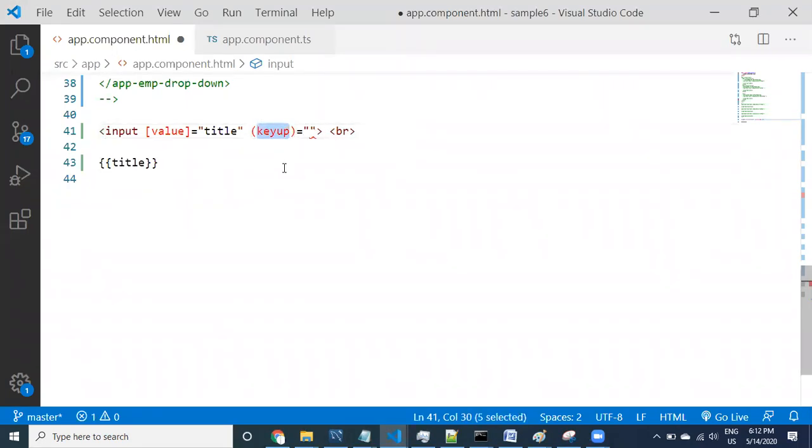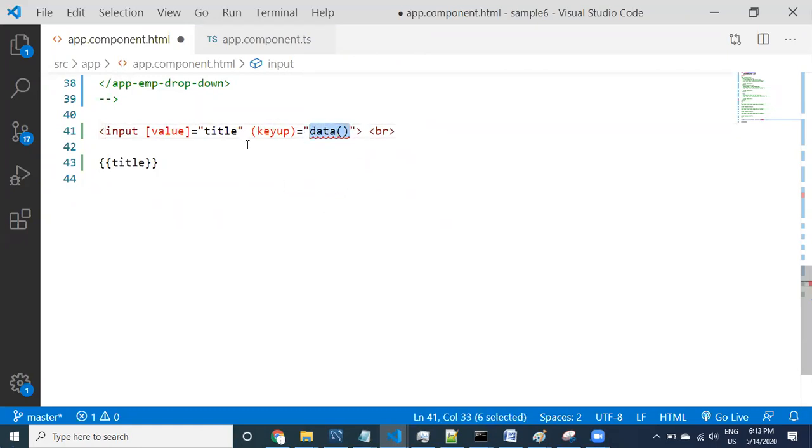Key up means any key on the keyboard you press; when the key is getting up, the event is going to be raised. Then I'm going to call a method, maybe a data method.